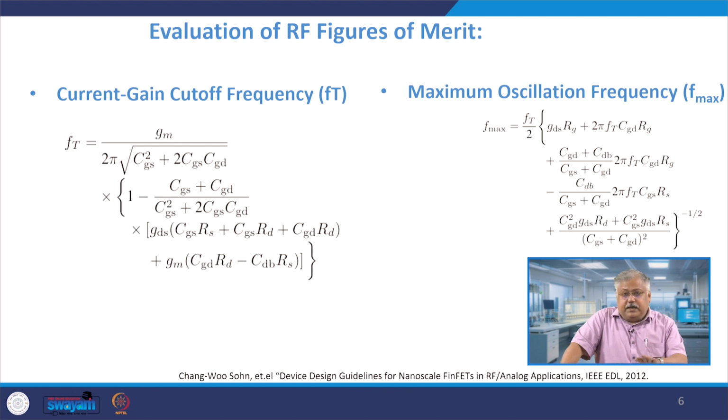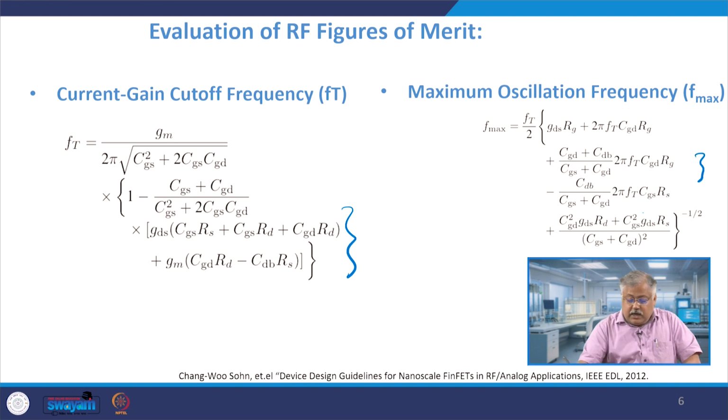And I am not going into details of how I am deriving it, but you can see it in this research paper here, but these are derived by these quantities which is given by this formula here and by this formula here. As you can see, it is directly depending on the value of GM, and that is expected also. So, the current gain cutoff frequency, if you look, depends on the transconductance. Higher the value of transconductance, more will be the FT value, which will have larger value, which means that if